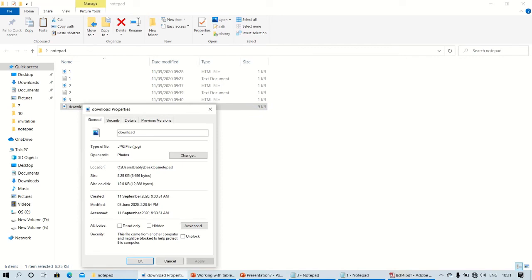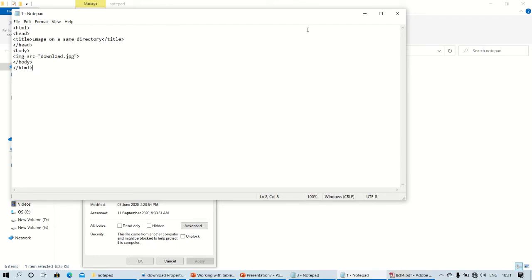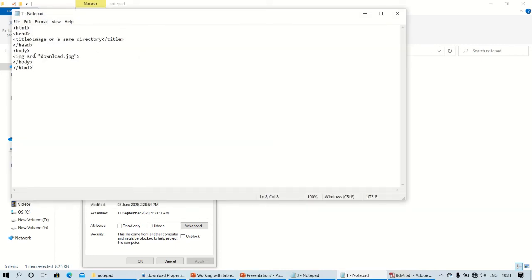Whatever you are doing, you need to click this location first, copy it, go back to the notepad and paste here. Then click on backslash, copy the particular file name, go back to the notepad and paste here, then dot gif if it is a gif, dot jpg if it is a jpg, whatever it is.